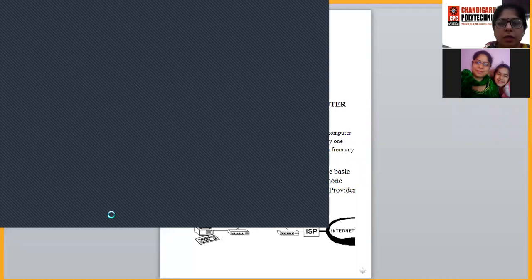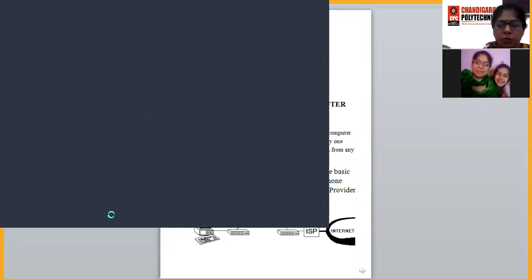This one is to set up a new connection or a network. When we click on this, a pop-up window will open. You will see multiple options to set up a connection to the network.